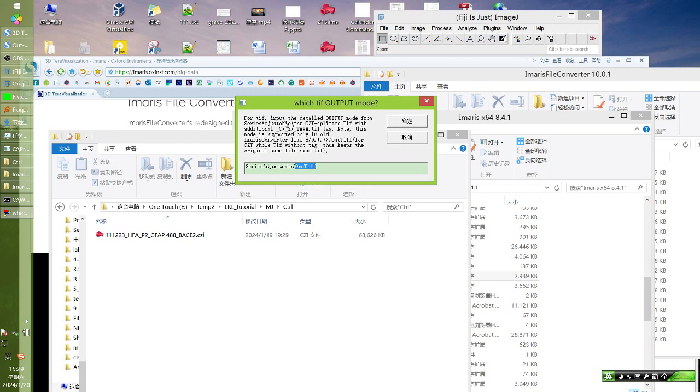For the series adjustable TIFF, it will split the raw image into many small images. Each image has only x, y, and all the c, z, t will be separated. For example, if the z is 3, the c is 2, and the t is 5, you get 3 multiplied by 2 multiplied by 5 image slices as separate files. However, if you want to convert to a whole, single TIFF, you can input the OME TIFF.